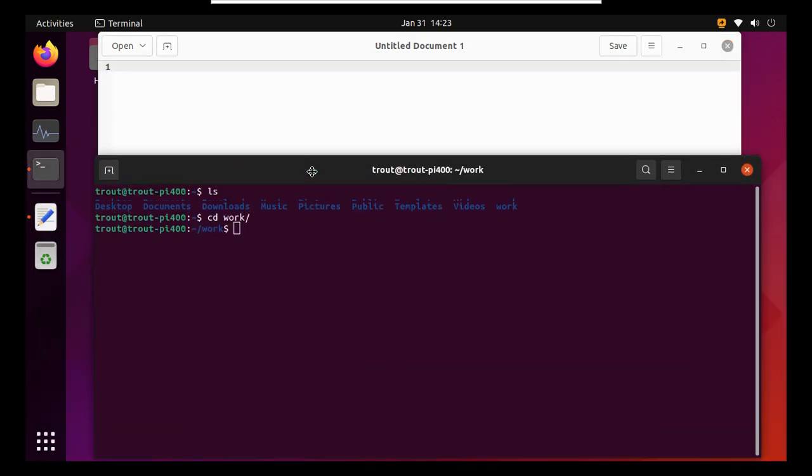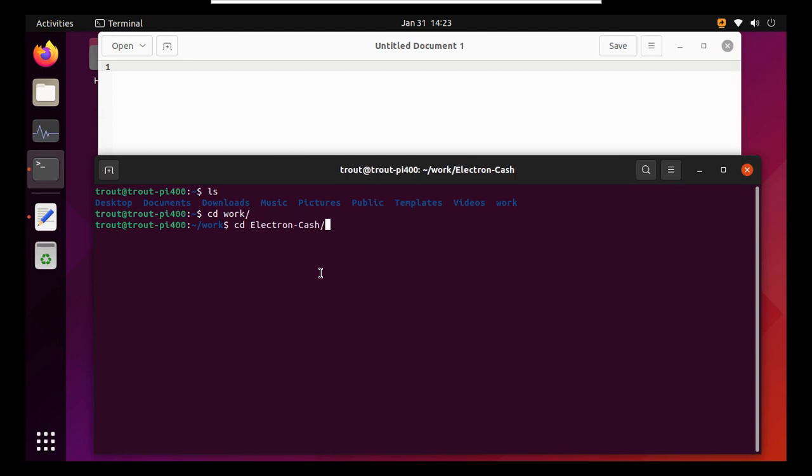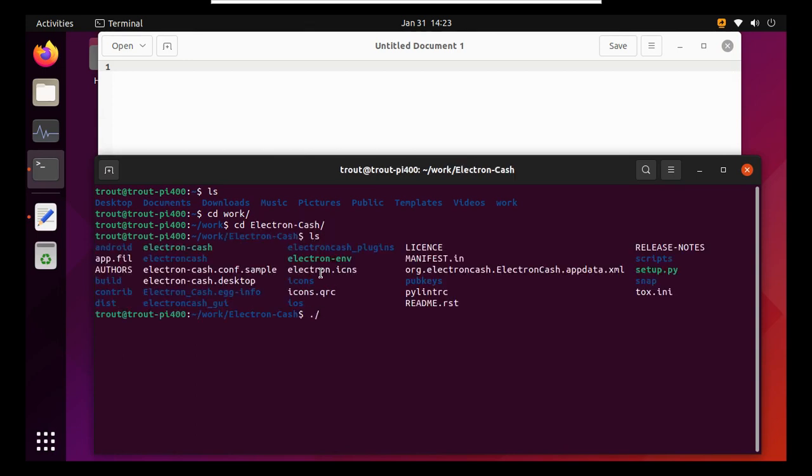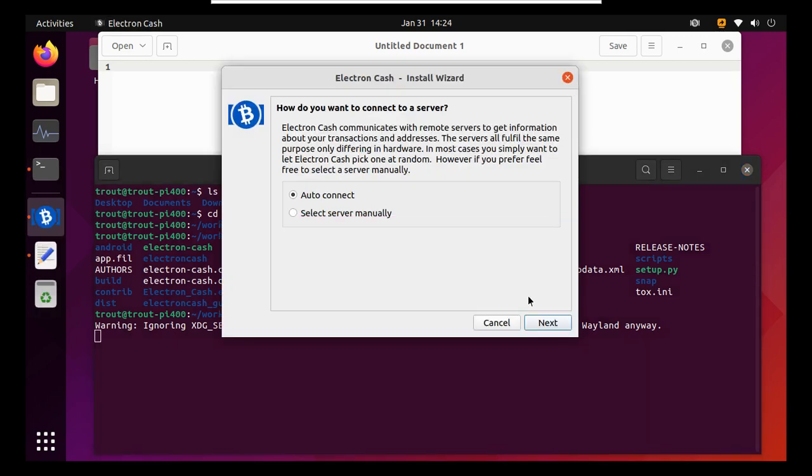Let's move this down here. Okay. So if I go into that Electron Cash directory, there's this Electron Cash shell script that I'm going to run, and if we did everything correct, it should come up. Awesome. Okay, so if you follow the videos in the DevOps section of the Permissionless Software Foundation video page, you